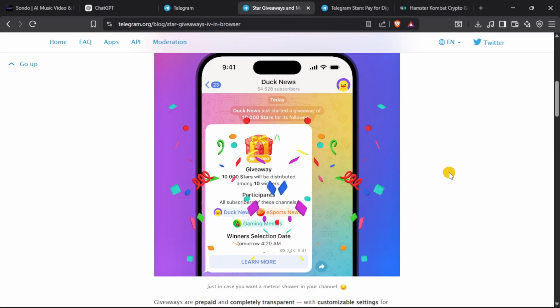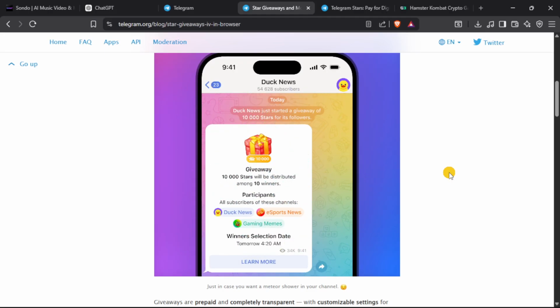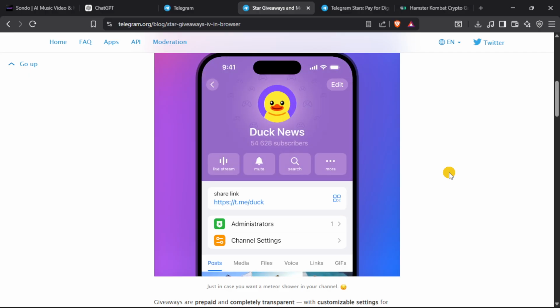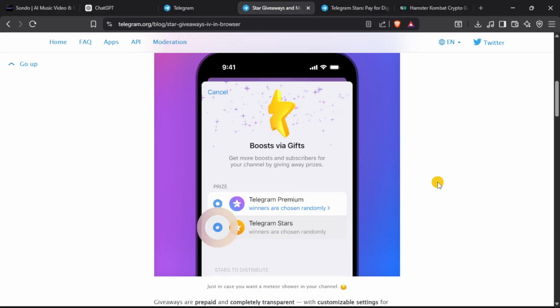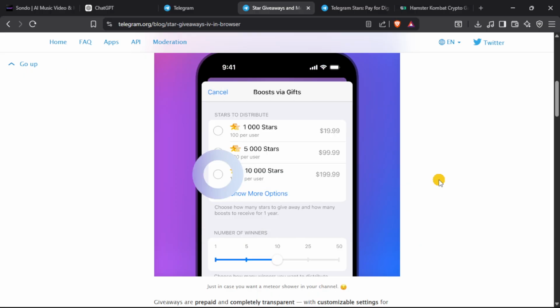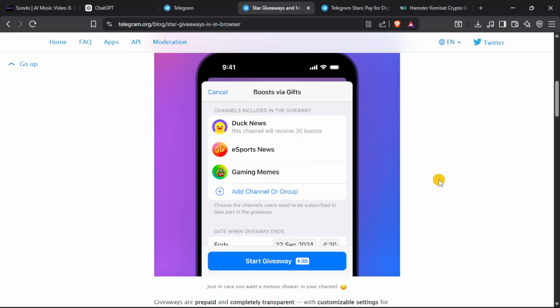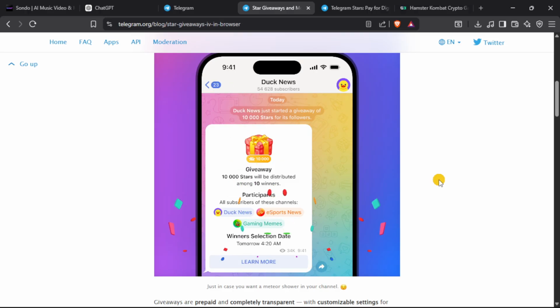How to get Telegram stars for free in the year 2026. Telegram stars are the in-app currency used on Telegram to purchase digital goods, support content creators, and access premium content. The most straightforward free method is to participate in official Telegram promotional events and giveaways that occasionally reward active users